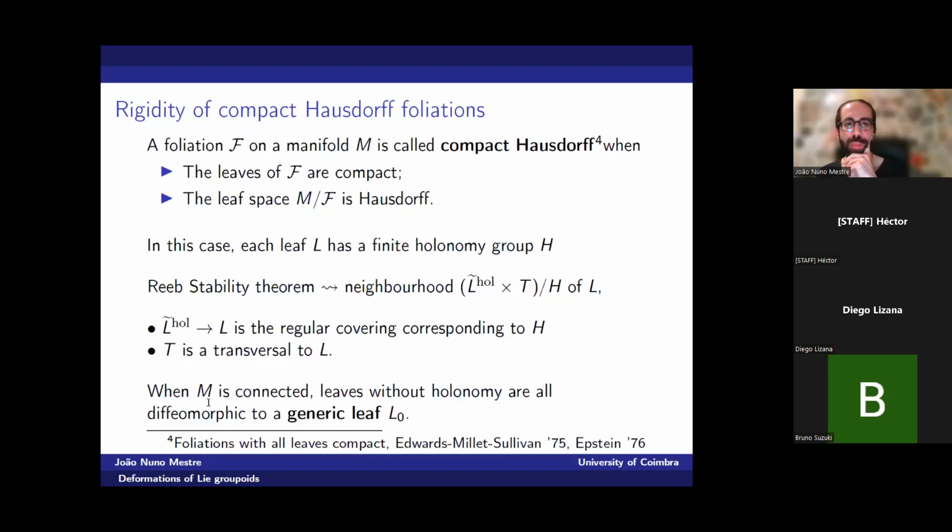And if M is a connected manifold, and we have a compact Hausdorff foliation on it, then some of the leaves will have no holonomy, so they will have a trivial holonomy group. This will actually be most of them. It's like a dense set. And all of those are going to be diffeomorphic to a generic leaf. Let's call it L0. Okay. So in this context,